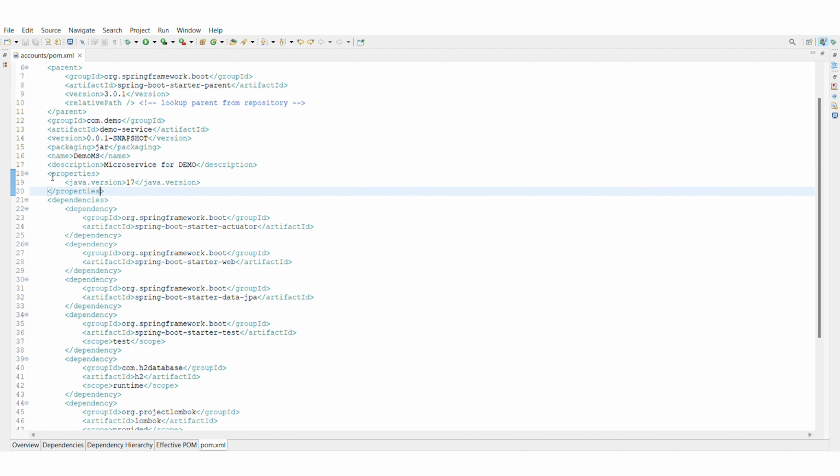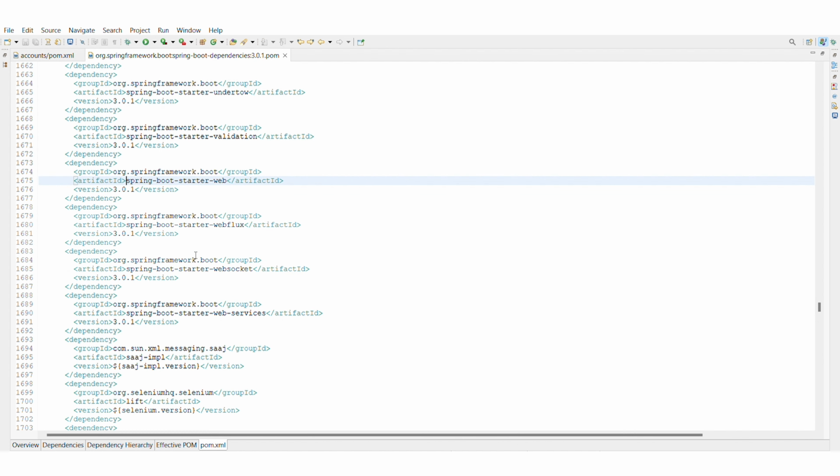These individual dependencies can be seen under the dependencies tab, like the Spring Boot starter actuator. We have the Spring Boot starter web dependency for building RESTful applications. We have the Spring Boot starter data JPA dependency for interacting with the database. And we also have the Spring Boot starter test dependency if we want to integrate our application with unit testing. Now I'll do a control click on this starter web dependency